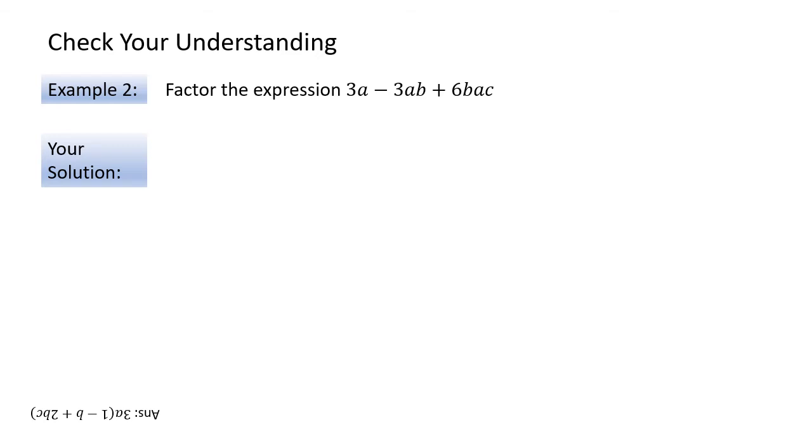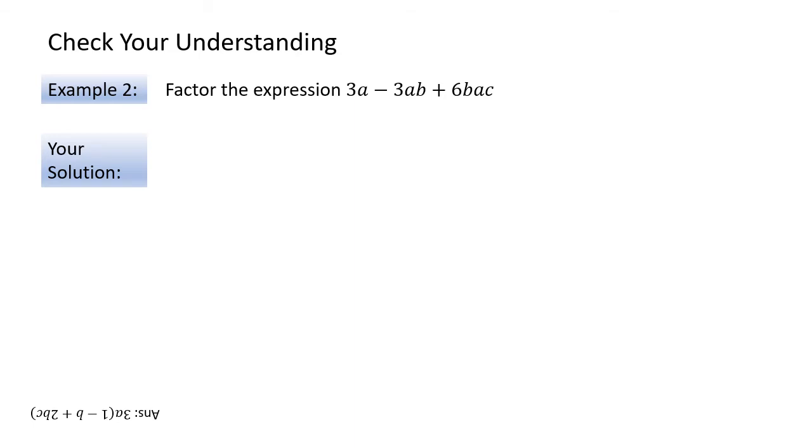So let's look at a second example. 3a minus 3ab plus 6bac, okay? So it's asking us to factor this expression. Again, the first thing I note, I always start with the variables or the letters, the a's, x's, y's. They're the easiest to visualize, and then I start to look at the numbers to see if I can factor